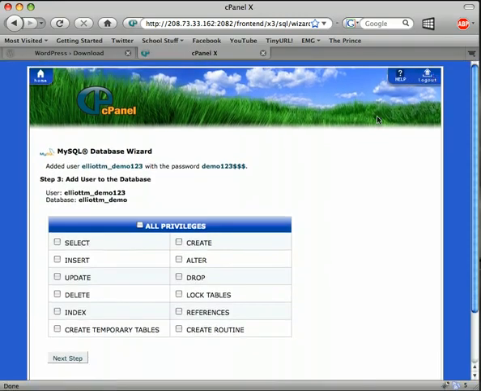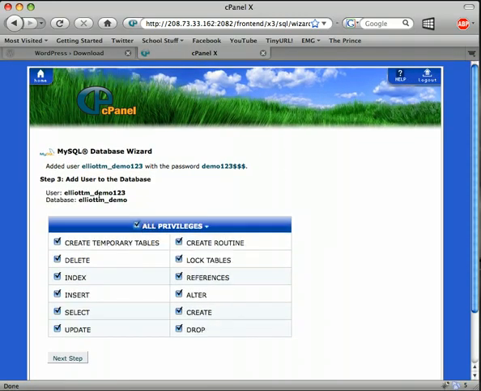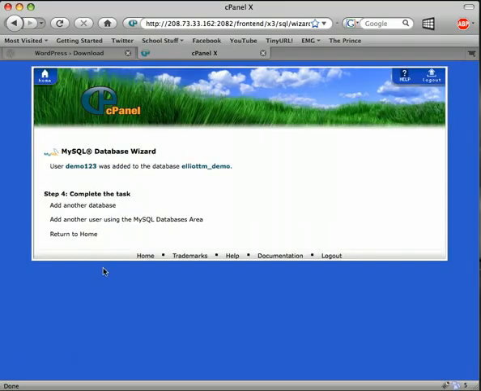So we don't want it to remember the password. We also need to give it some privileges, because this user is basically going to be used by WordPress when it accesses the database. And you can see how it's got the elliottm thing there. That's very important. It won't work if you don't use that in the next step. But I'm getting ahead of myself. Anyway, we've now completed the task. It gives you some more options, but we're just going to leave it there for now so we can